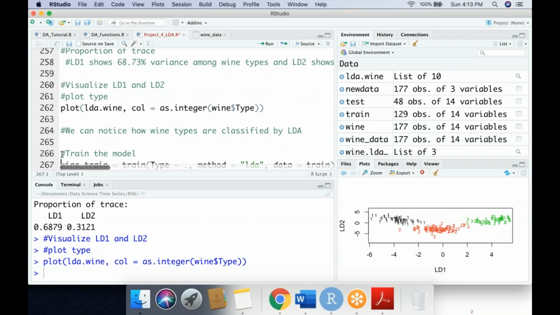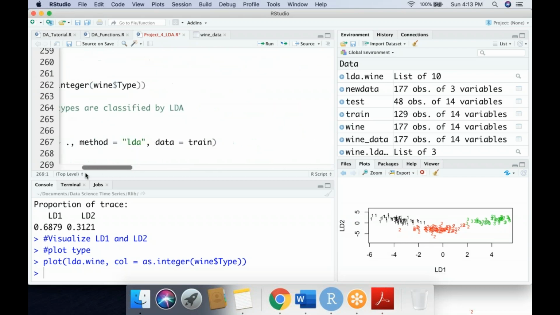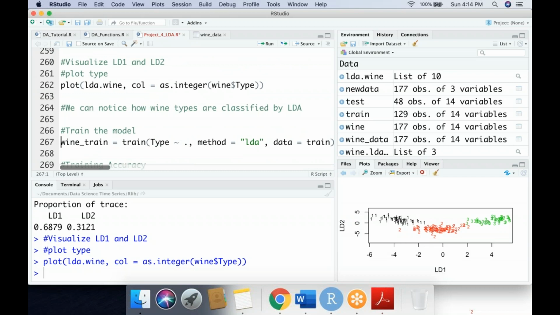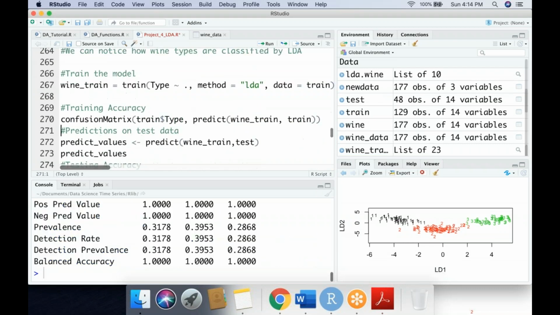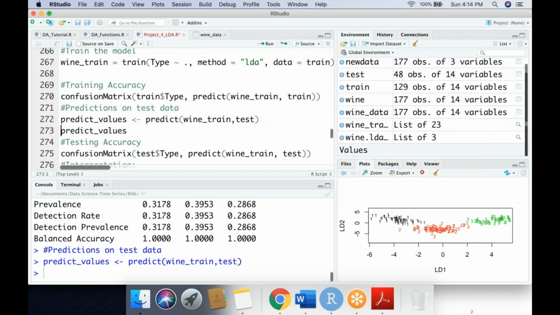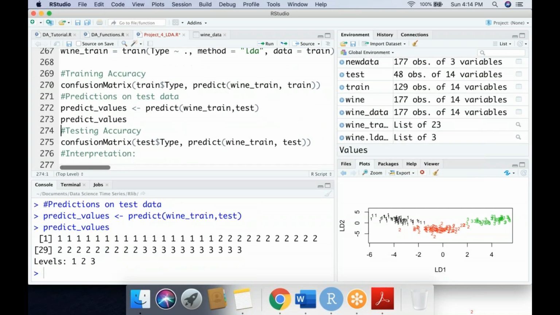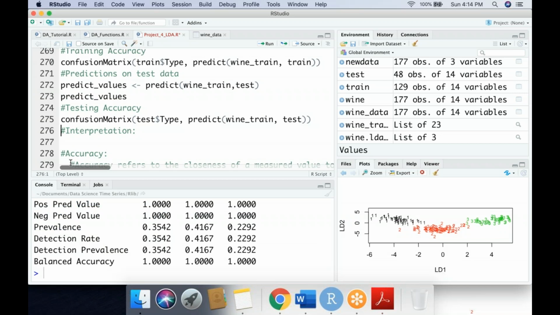Now we can take the model and find out what the training accuracy is, and then we can go with the prediction on our test data, and we can similarly see what the prediction values are for each. We can get the confusion matrix,